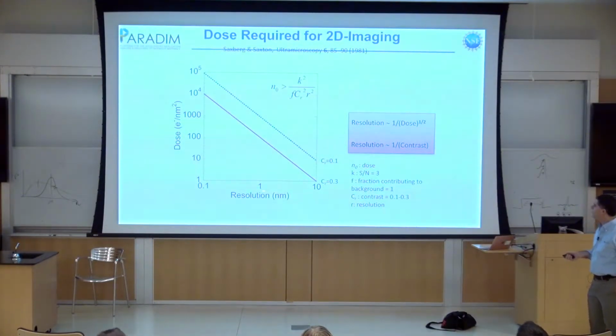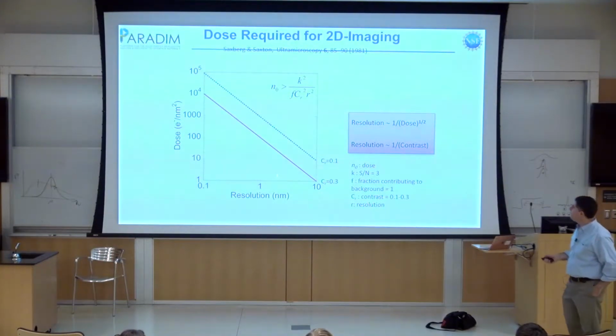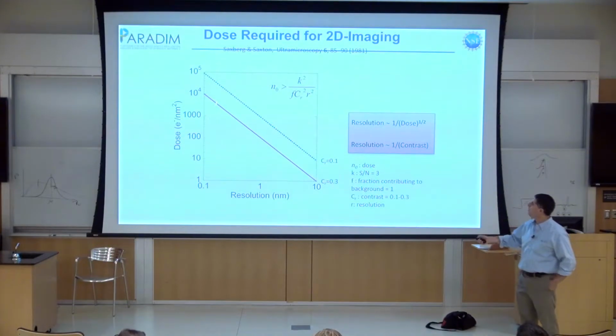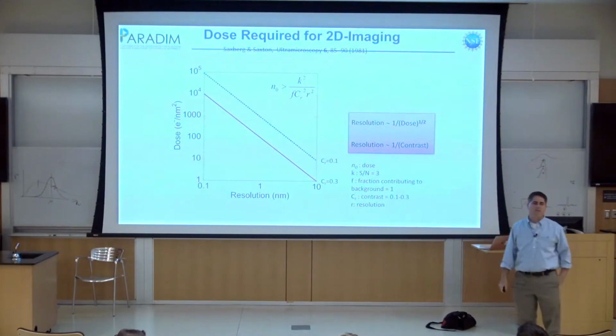Then you can work out how much dose I have to apply to a sample to get a particular resolution. This is for elastic imaging modes, and it depends on the contrast that you need. You can plug some numbers in. Typically, for elastic imaging modes, if I want atomic resolution, I need like 10 to the 4 to 10 to the 5 electrons